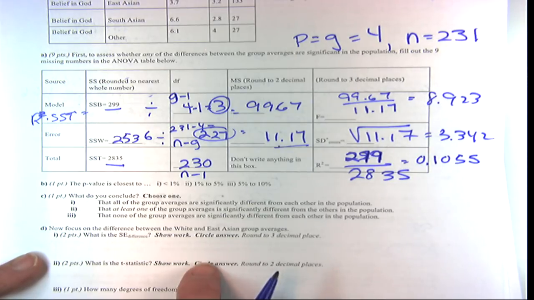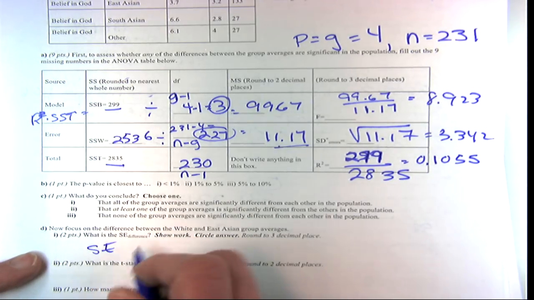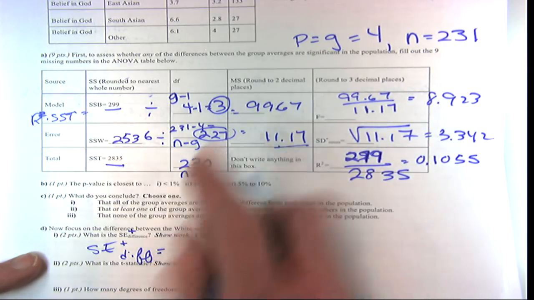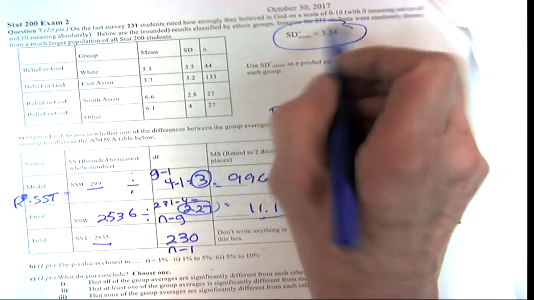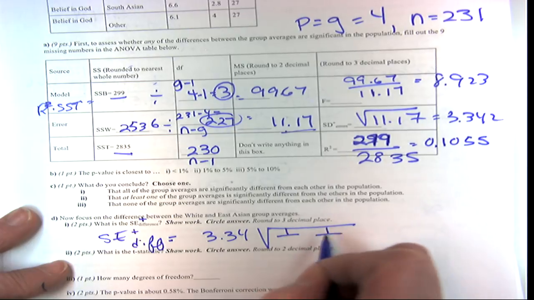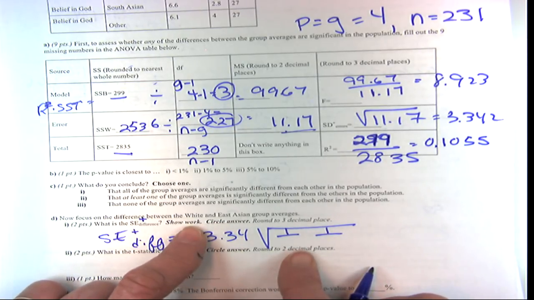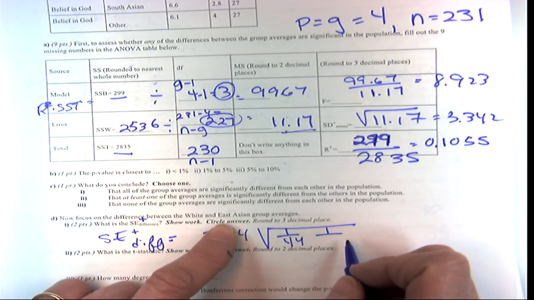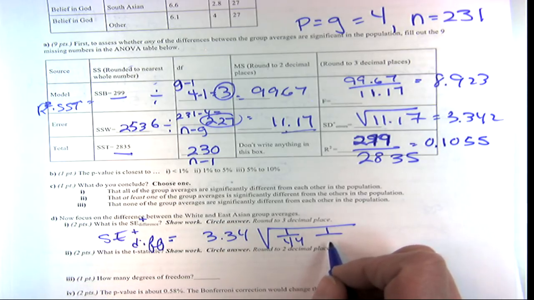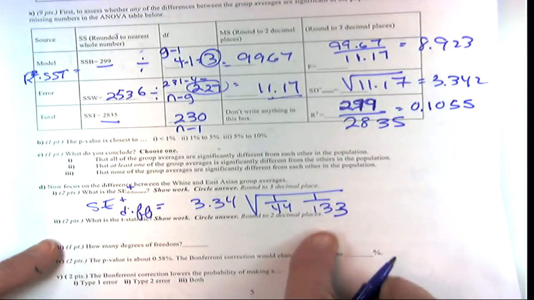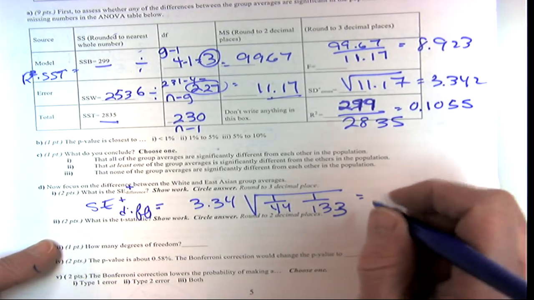What's the standard error of the difference? We're going to use this 3.34 times the square root of 1 over their sample sizes. And what are we looking at? The sample size for white is 44, and the sample size for East Asian is 133. Do you understand that? Okay, now, let me get some number here. I got